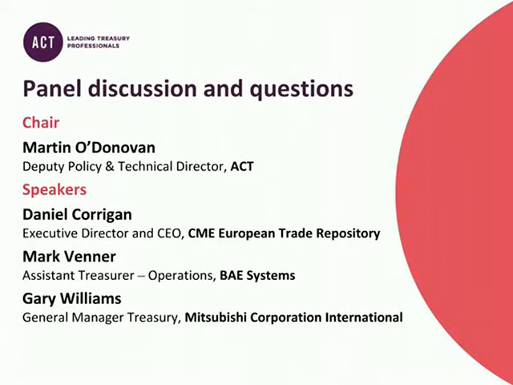UTIs is the other one that we're seeing quite a lot of questions coming in here. UTI generation. I mean, the expectation is we'll get it from the banks, but the specific question we're getting here is UTIs for intra-group transactions. How do you folk deal with that? I mean, for ourselves, we don't have an enormous amount of trades which we need to report, and because hopefully the banks will provide the external for the internal, we're going to use a mixture of our LEI and also the unique trade reference that comes out of our Treasury system. Obviously, if something comes back more formally on how it's to be done, then we'll have to change that. But at the moment, that's what we're going to report.